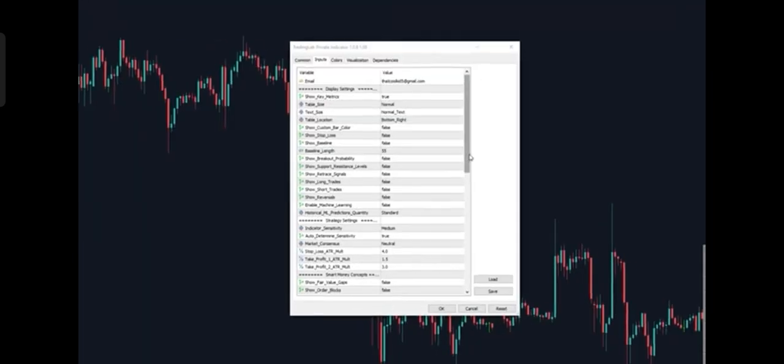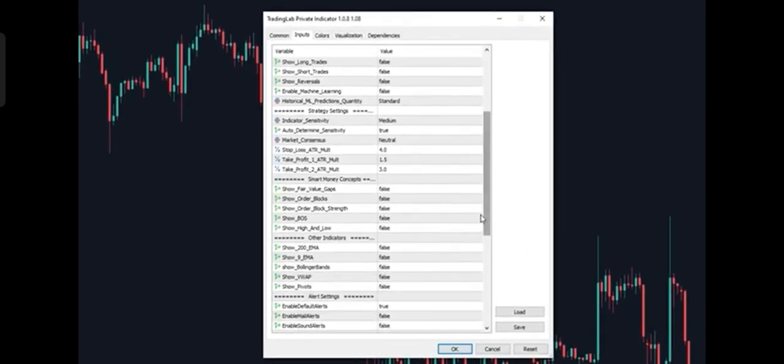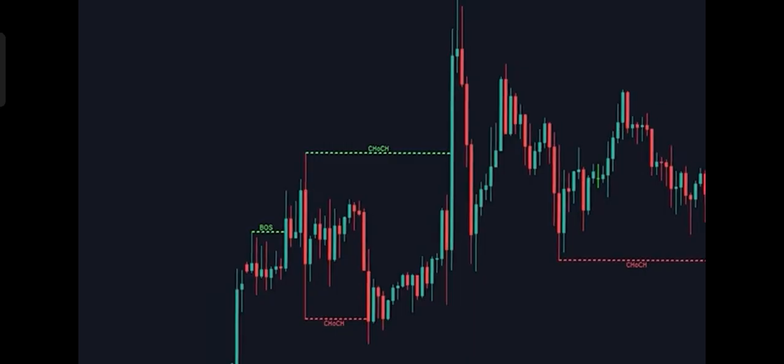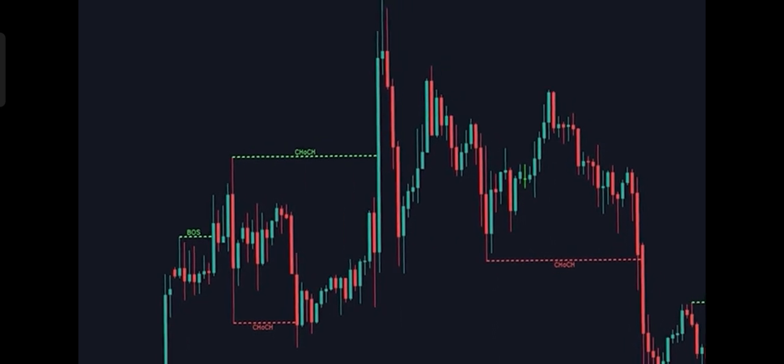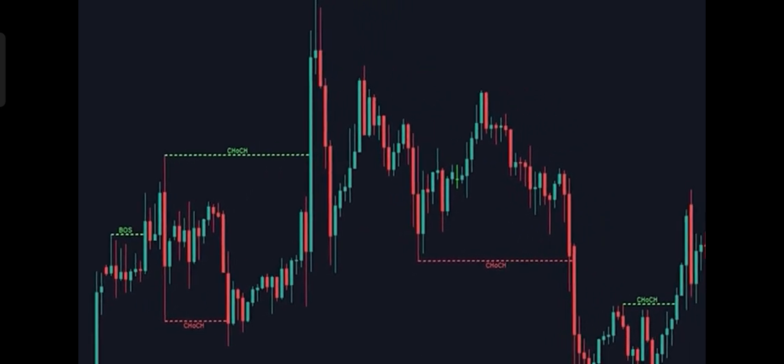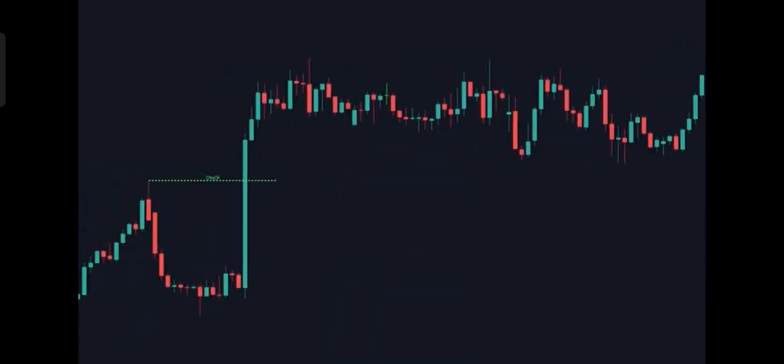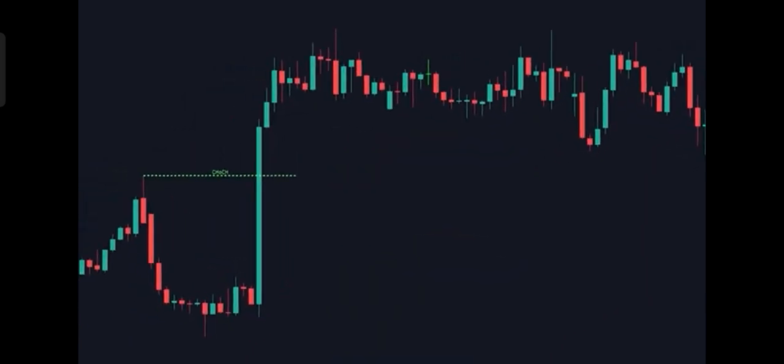All you have to do is go to the settings, scroll down to Smart Money Concepts and enable BOS. This will automatically display all the main break of structures for you, so you don't have to mark them yourself. It'll save you a lot of time and will also only display the main structures, so you don't accidentally mark